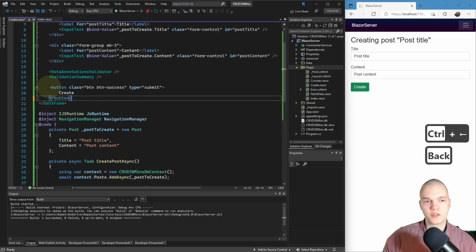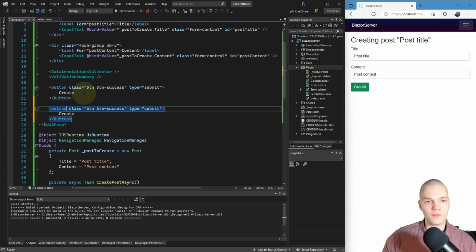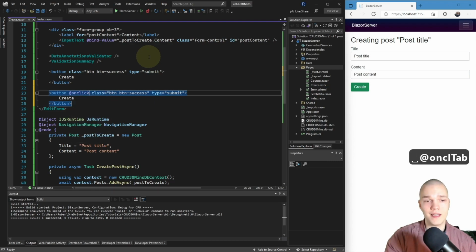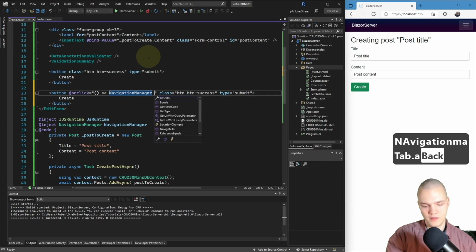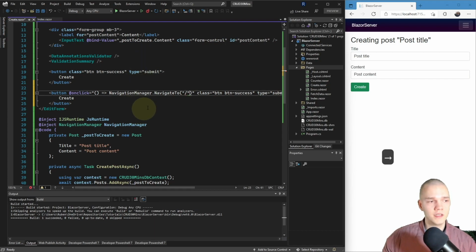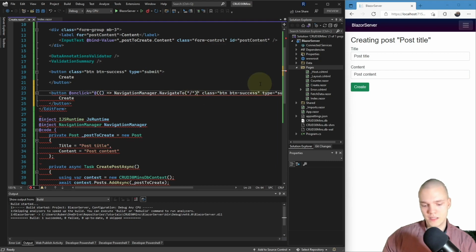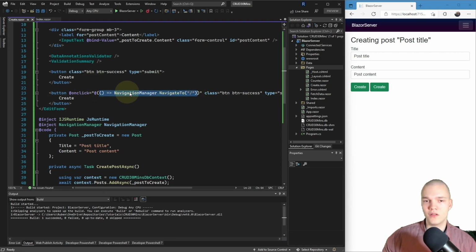There we go, and I'll just copy and paste this button, and for this one I'm gonna set the @onclick to a lambda, and in the lambda we'll call navigation manager dot navigate to, and we'll navigate to slash, so to the root, and we need to wrap this in an @ and then an opening parenthesis and a closing parenthesis to specify that what happens inside that is all C# code.